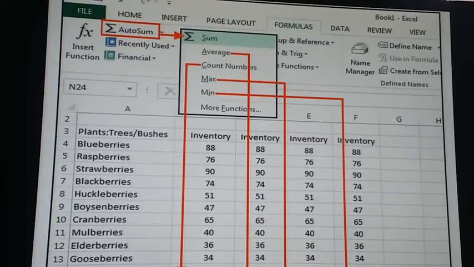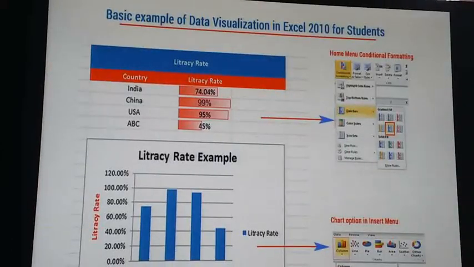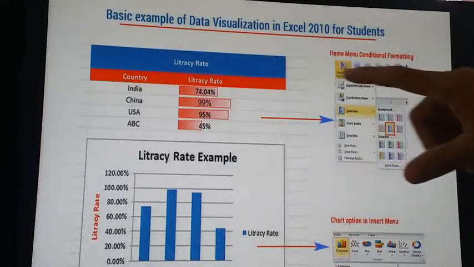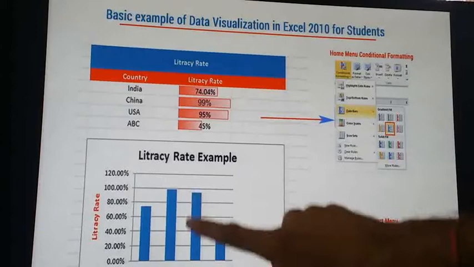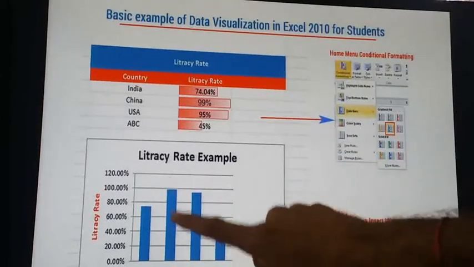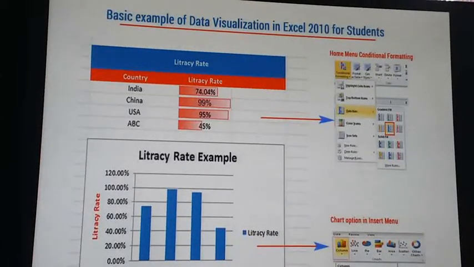Okay, so now students, look here at some basic examples of data visualization. We can use charts, that is a column chart. We can prepare a column chart for better representation of data.